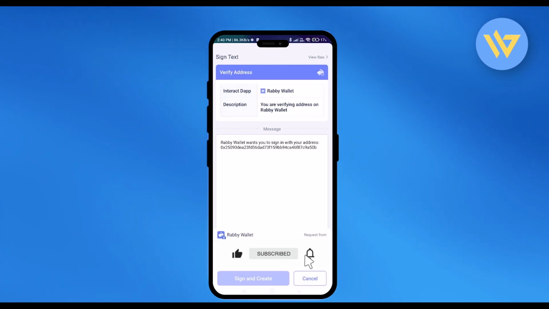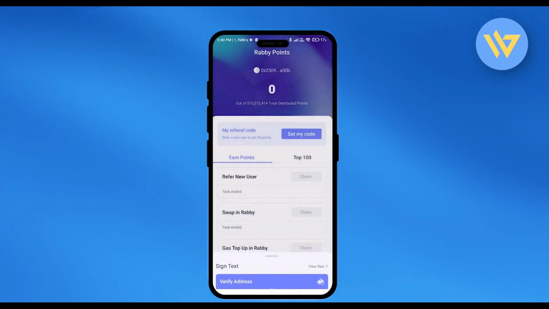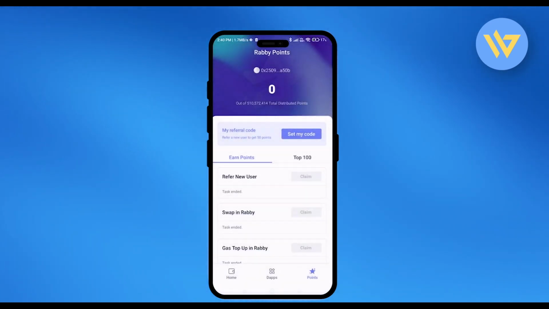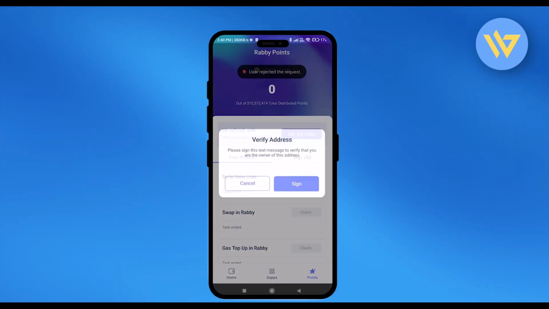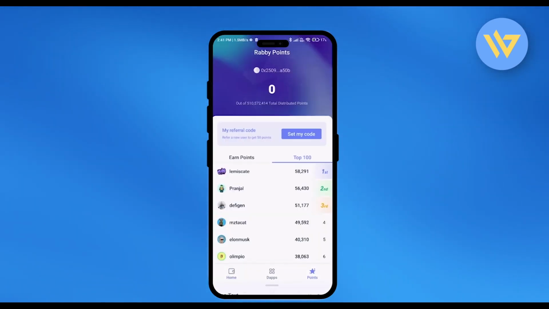Now, how to qualify for that? So this is the first step where you have to actually sign in. Then the next step is you have to just simply earn points. So as you can see right over here, you will have a lot of features like refer to new users, you will get points, swap in Rabby Wallet, you will get points, and then you can do gas top-ups to earn more points. And right over here, as you can see, there are many people who have already achieved a